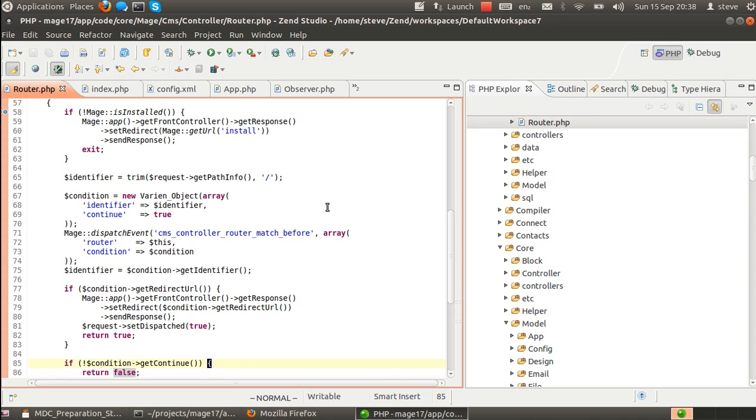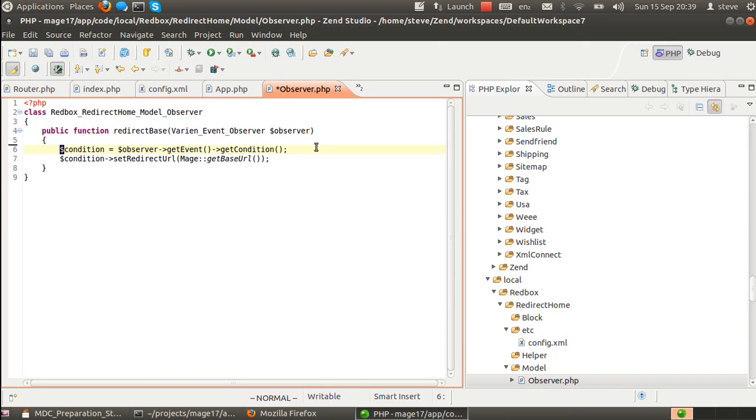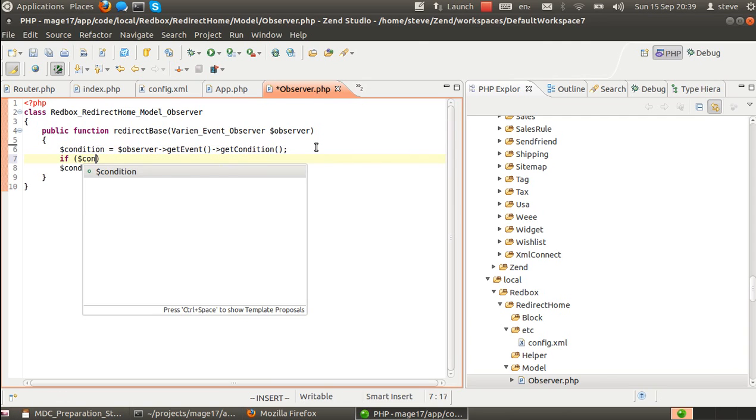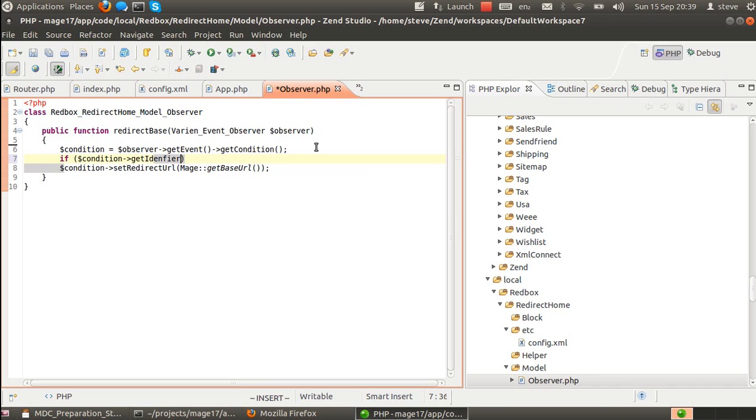So condition, router this and the condition. Okay, so the condition has, we can get the identifier of the condition. So we don't really need the router. We can just say, here, if condition get identifier, identifier, difficult word, home, then set a